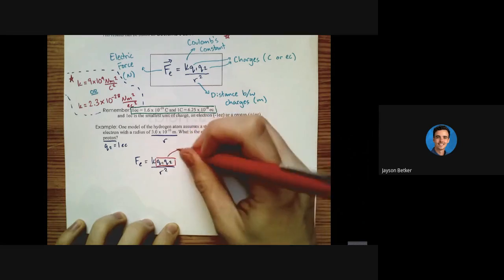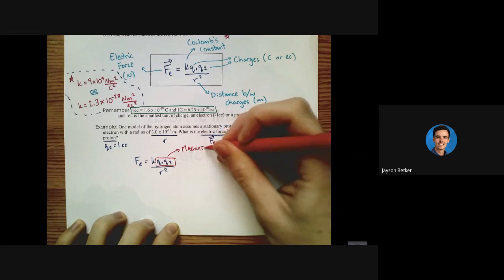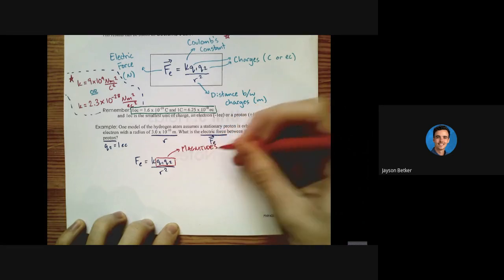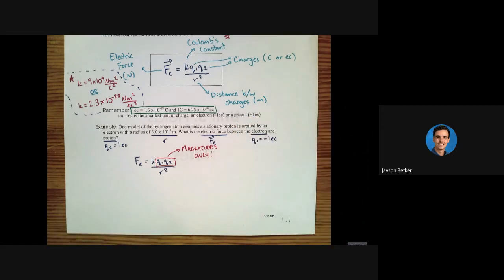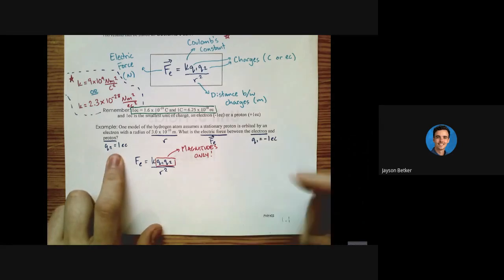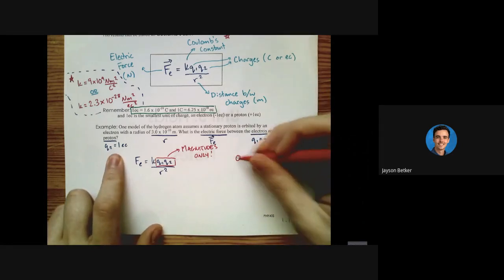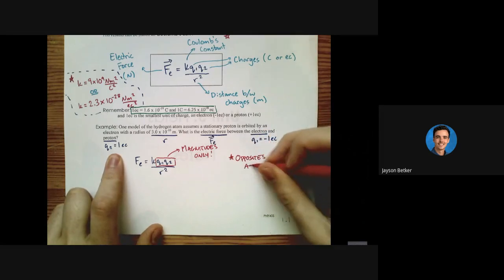Okay, so what I'm going to say right here is for these two, I'm going to do a little arrow here. I actually just need the magnitudes. So what I mean is that I don't need you to put +1 and -1. It's just going to unnecessarily make your number negative. Just make sure that you're noticing right here, these are opposites. So just a little star here, opposites attract, right? Anyways,